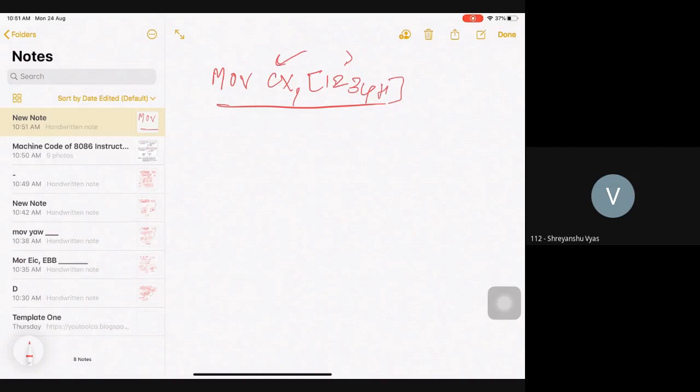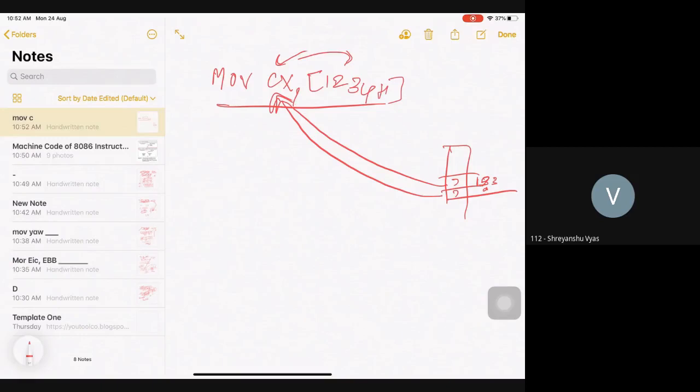Exactly. So this is my memory location. Whatever is stored in memory at location 1 2 3 4, suppose it is 50, then this 50 will be copied into CX. Not only that, but on the next location also, whatever is stored, suppose 70, then 50 and 70 both will be stored in CX.